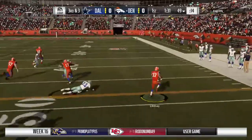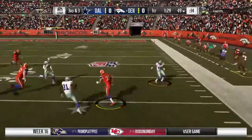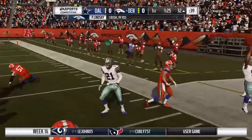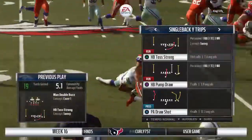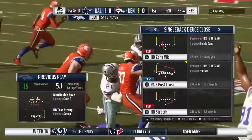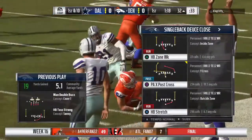Now they'll run it on the toss. He's got a 1st down and then some inside the 40. And finally down at the 32-yard line. That's good for 19 and a 1st down. Had a chance to maybe limit them to 3 if they could have gotten that stop there, but a new